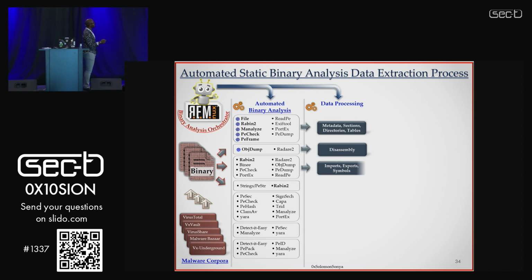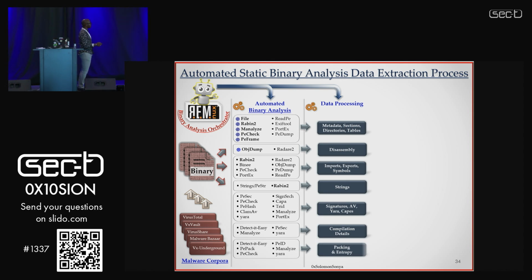Then, as our agent is launching all these various tools, they're going to give us data in disparate formats. So we just want to take a step back and understand, what am I looking at? We can go from these specific tools to this type of data, like our metadata, our sections and our features. Disassembly, these are really good tools that you can automate. And then, just moving down, we want strings, we want signatures, compilation data. These are the tools to help us summarize the details that we're extracting from a malware sample.